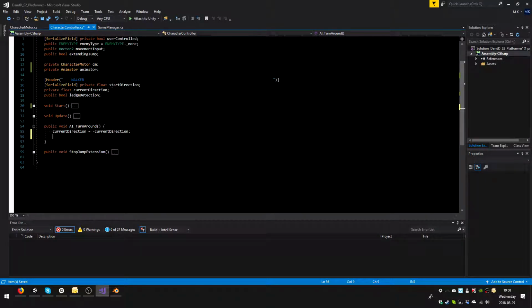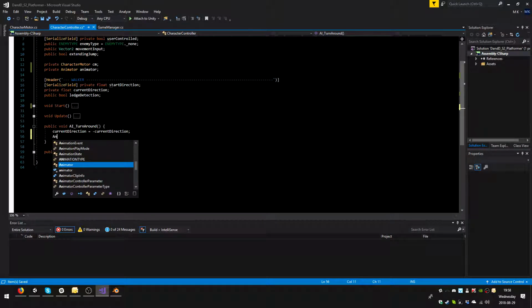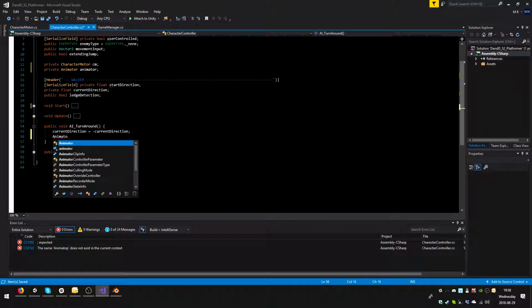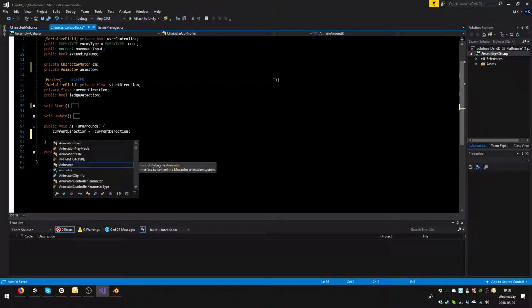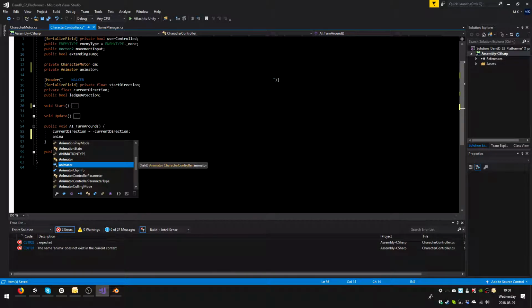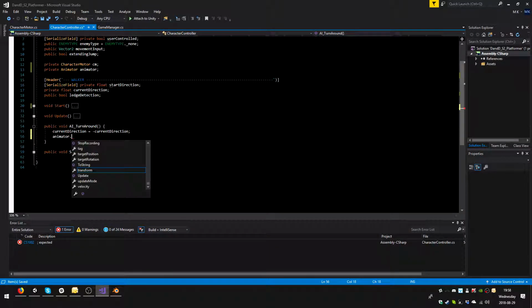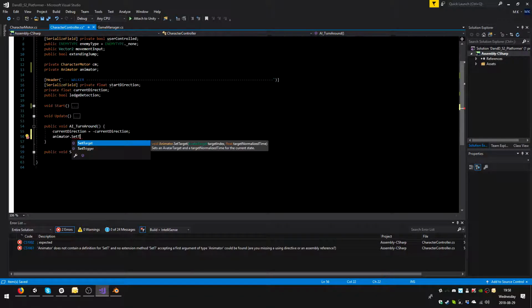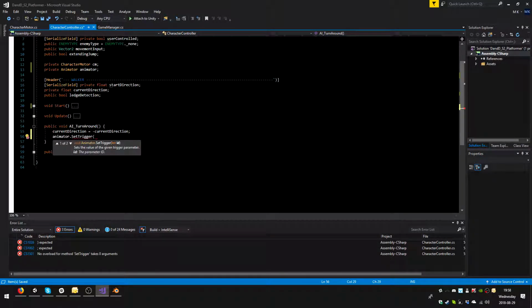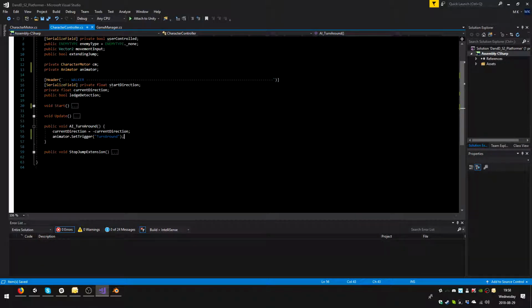And here we're going to say animator, lowercase a. It's always lowercase, it's a variable. Animator, there it is, hit tab. Dot, set trigger. Open round, quote, turn around, capital T. Close the quote, close the round, semicolon, save. I don't know if we actually need those,